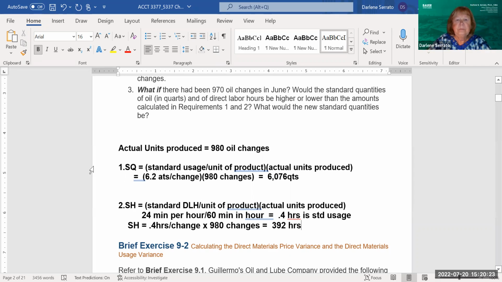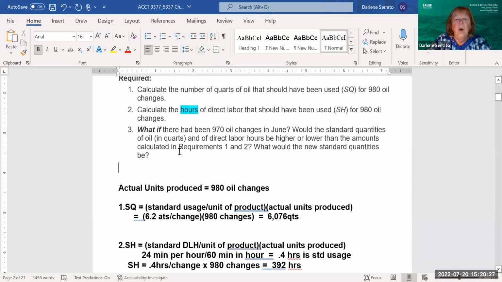Okay. Number 3, what if there had been 970 oil changes in June, would the standard quantities of